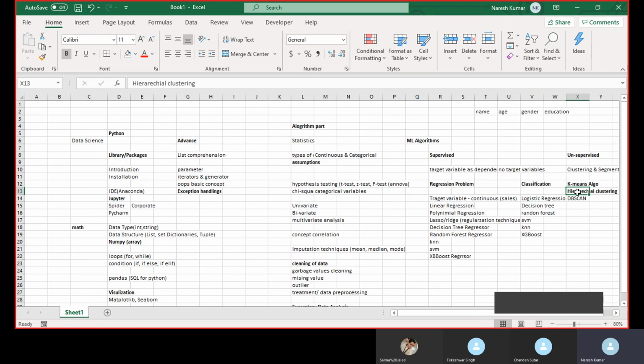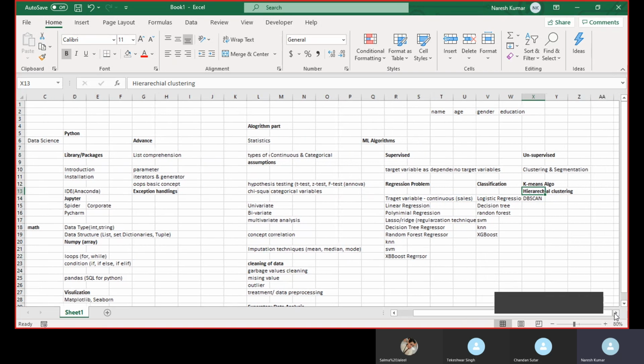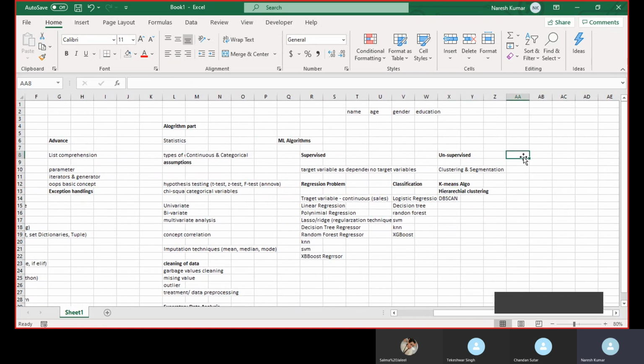Apart from this, we also have another set of techniques, not algorithms, but you might have heard about forecasting techniques, right? Most companies also focus on forecasting techniques, where we use moving average, or you would have heard about ARIMA, or ARIMAX, or SARIMA. These are the algorithms mostly used in forecasting.